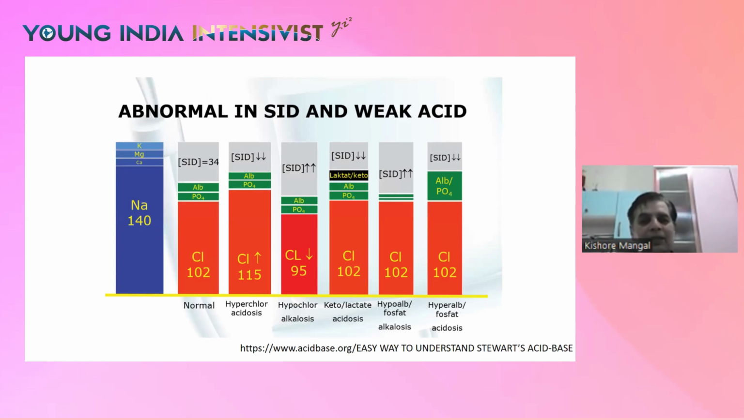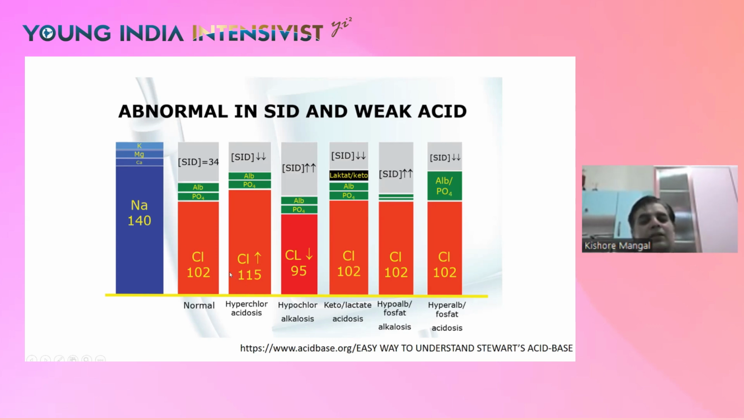What will happen if there is a change in the SID and weak acid? This is the normal situation where sodium is 140, calcium, magnesium, and potassium are there, the albumin and phosphate levels are also there, and chloride is 102. SID here is 34 because we have included these things as well. So if there is hyperchloremic acidosis, what will happen? The chloride levels will be